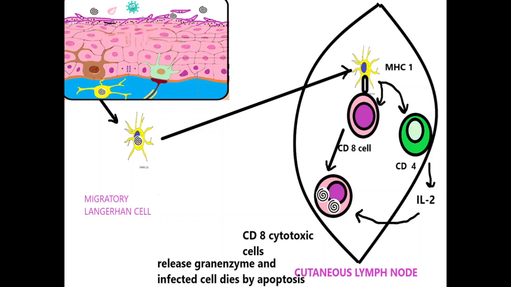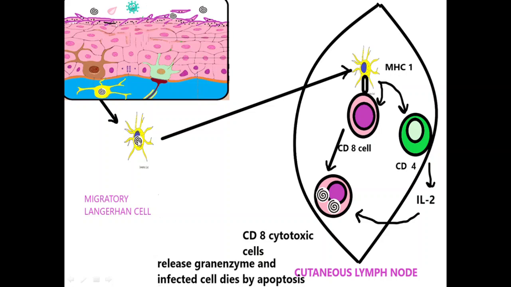In this diagram, we'll have a look at the function of Langerhans cell. Langerhans cell is the most potent antigen presenting cell and it is capable of initiating the adaptive immune response. It is capable of engaging as well as internalizing a wide variety of pathogens present in the oral cavity. As we can see in the diagram, there is a pathogen.